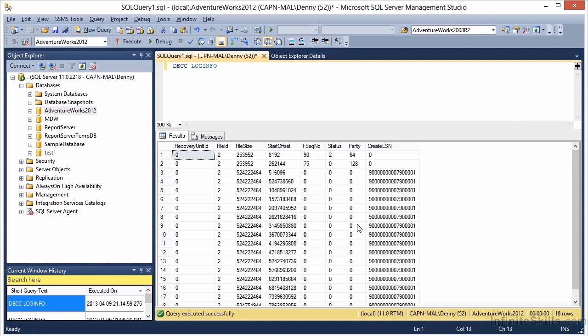So as transactions now run, they'll now be written into these much larger, more appropriately sized virtual log files, giving us better performance. Now, if we have a lot of really small transaction log files, this can also impact our insert, update, and delete performance as well, because SQL Server needs to be allocating new VLFs and making status changes to them as it goes through the process of writing the data to the virtual log files and to the